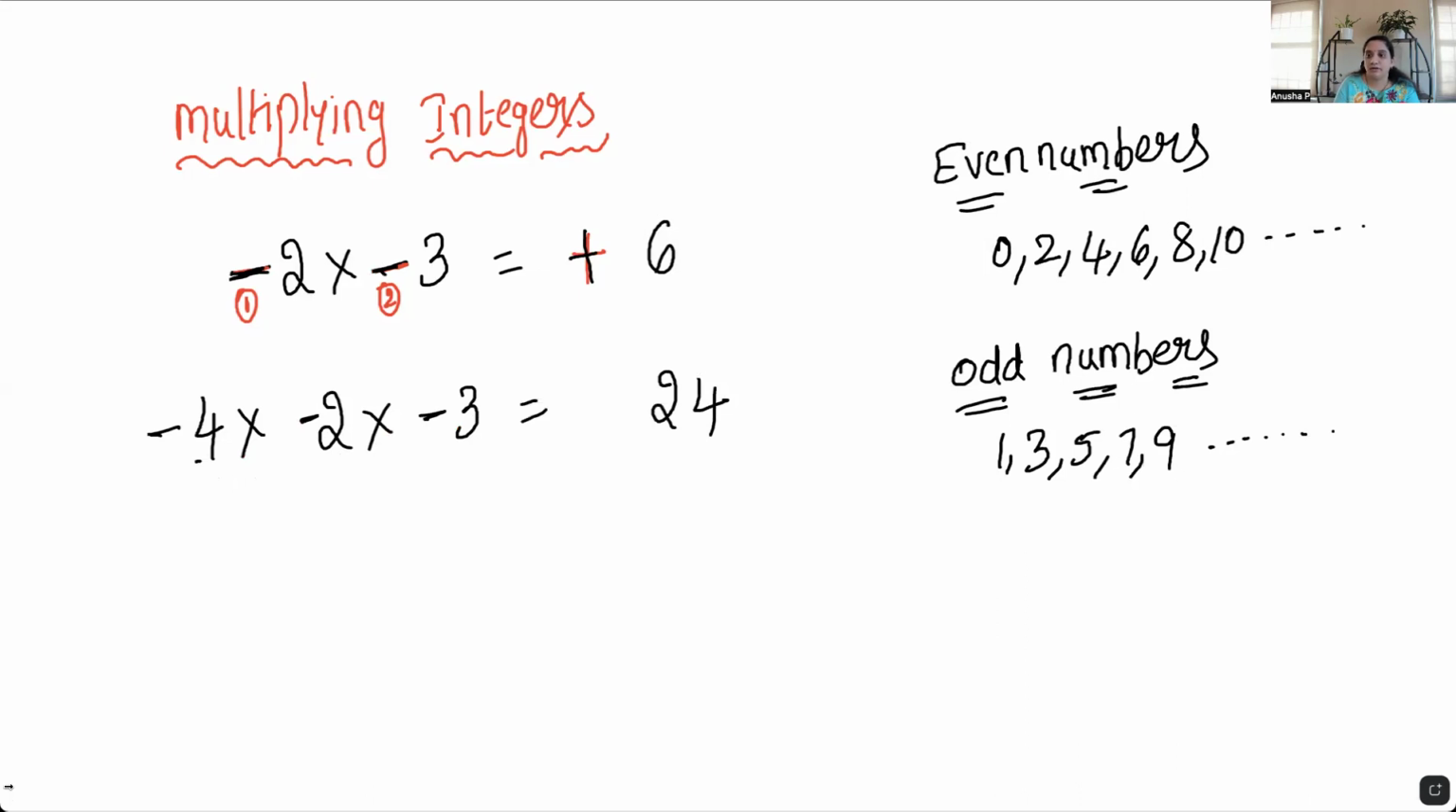Now check the number of minus signs or negative signs. Minus and negative, they both are the same. Here, how many negative signs do we have? 1, 2, and 3. We have 3 negative signs. So if we have an odd number of negative signs in multiplication,